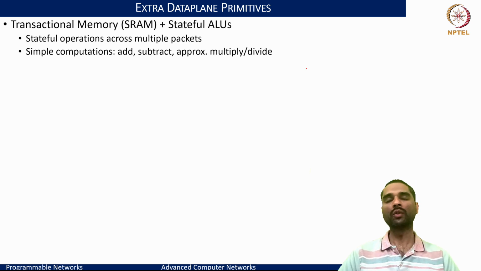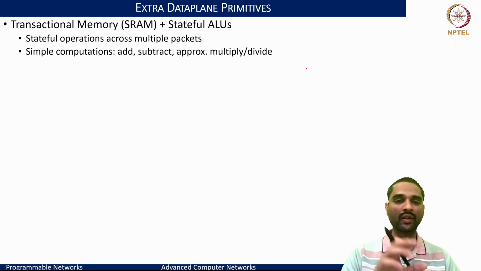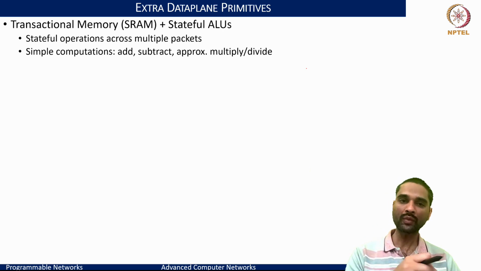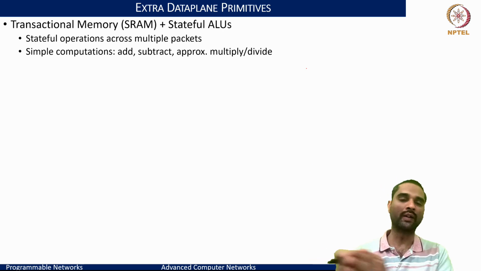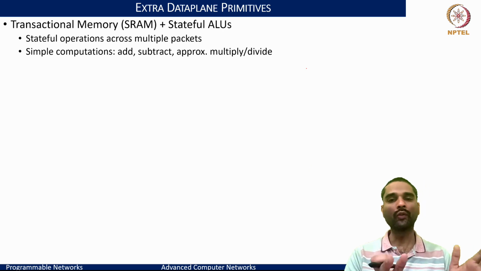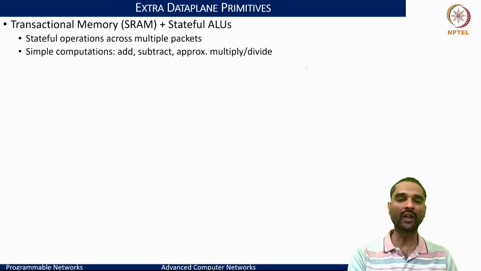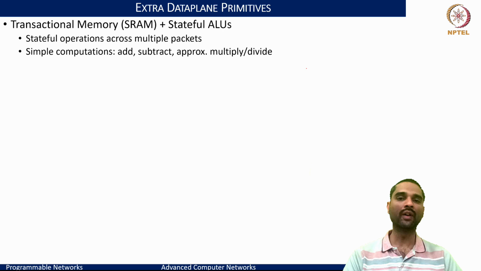And what this would also call for in addition is the need for transactional memory and stateful ALUs, wherein we want to persist certain data as we process the packets, as we parse the packets, and as we configure the operations on these packets. So the stateful operations that we would want to do across multiple packets, if we want to tag and tailor the counter, or we want to do the segmentation, the fragmentation, all of these would require you to maintain specific state across processing of multiple packets. And that's where the need for a transactional memory would be useful.